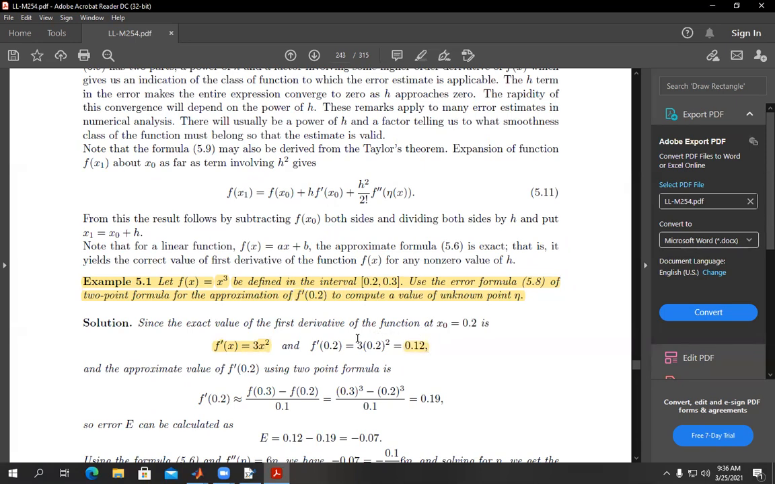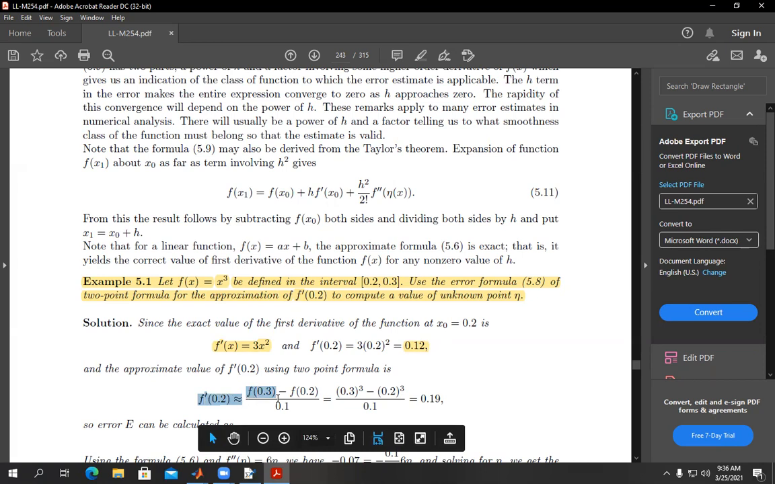Then you need the approximate value, and we know the approximate formula for this one is f of x1 minus f of x0 divided by h. Your f of x1 is f of 0.3, f of x0 is f of 0.2, h is 0.3 minus 0.2 is 0.1. What is f of 0.3? Put 0.3 here: 0.3 power 3 minus, what is f of 0.2? 0.2 power 3. We have this, h is this, and this one you will get. This is your